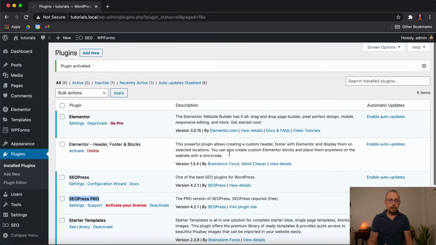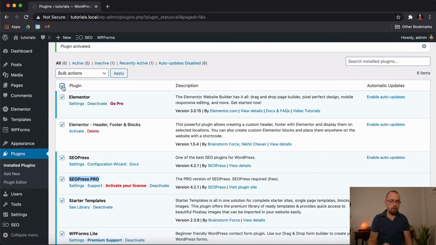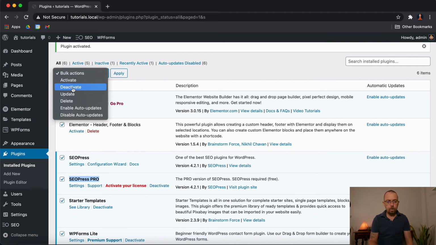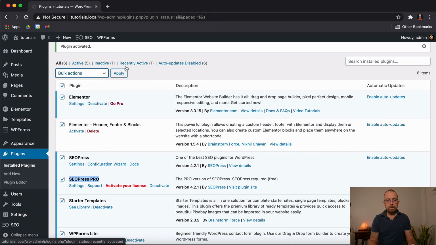Again, as always, inside of WordPress, you can do bulk actions. So if I wanted to, I could select all plugins, deactivate them all, update them all, delete them all. This offers different options than Pages and Posts. Deactivating is good, like you can deactivate in one time, or activate them all in one time. So you have many different options. It shows you up here which ones are recently active, inactive, the ones that are active. So this is a way of just filtering through.